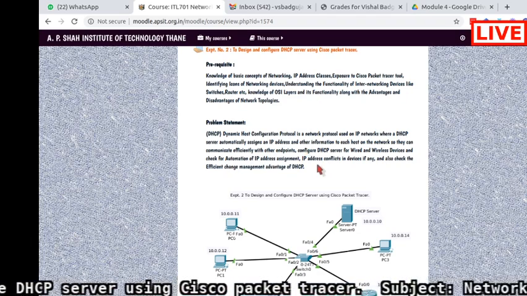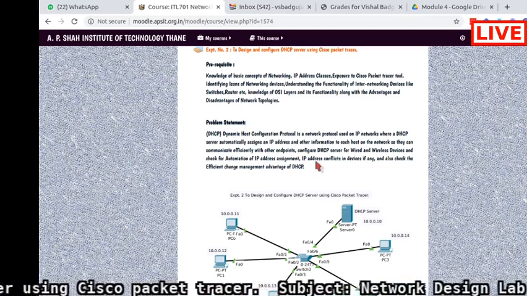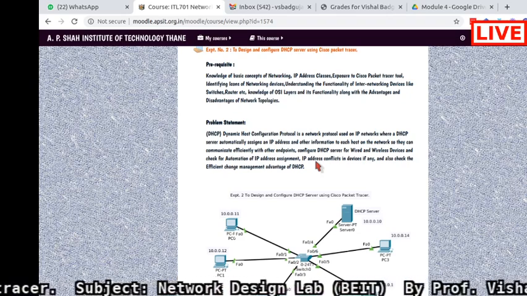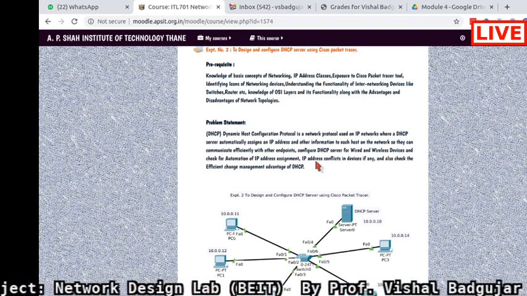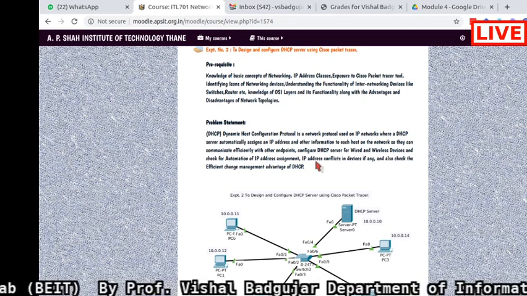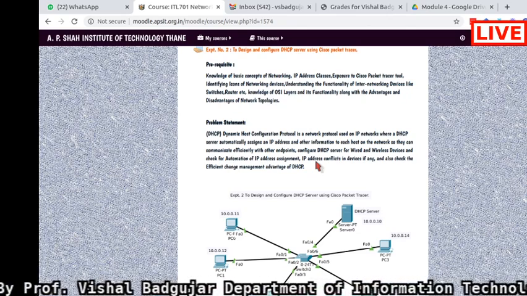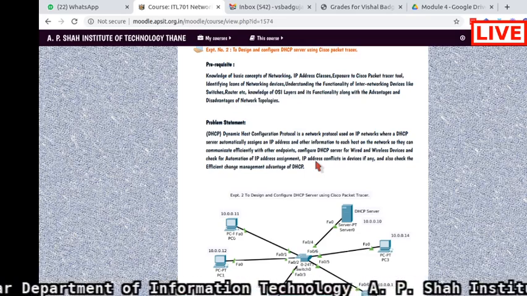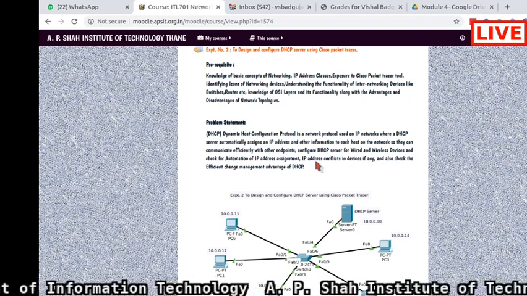You already know that manually assigning IP addresses is feasible if you have a small network, with 2 to 3 PCs, 4 PCs, 5 PCs. But if you have a large network,